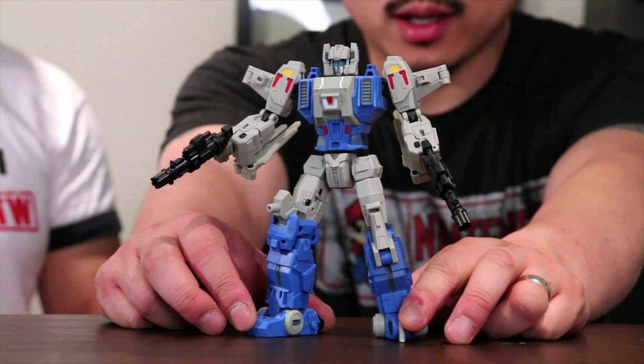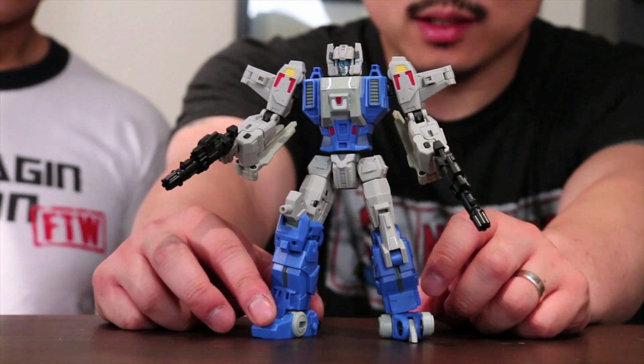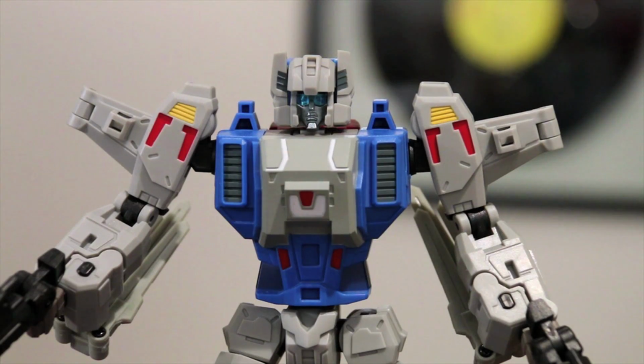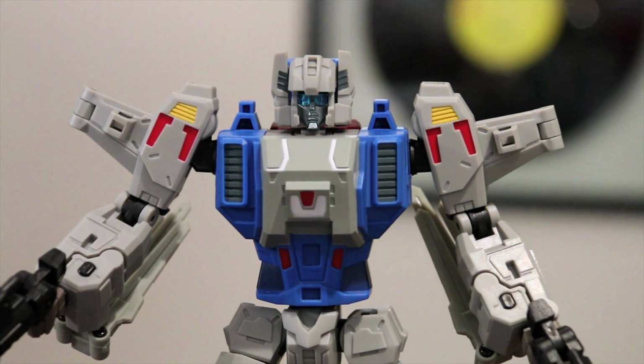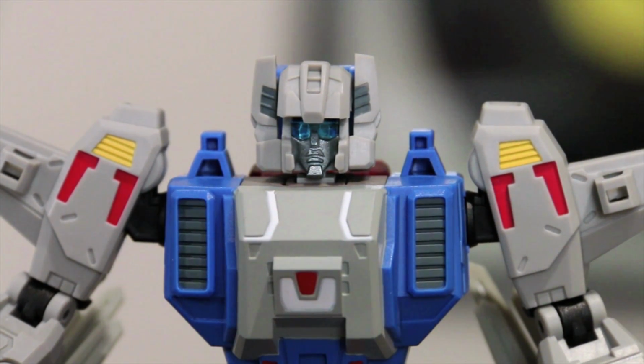So we're going to kick off this episode by doing a review for the FansProject Function X Browning. And I really like this robot mode. As usual, it's got its nice Function X kind of touches. The design itself is a little bit unique. Of course, they're trying to still capture the spirit of Highbrow, which is who it's based on. I think the coloring, along with the slight changes in the uniqueness of the design, really gives it this really cool FP kind of feel